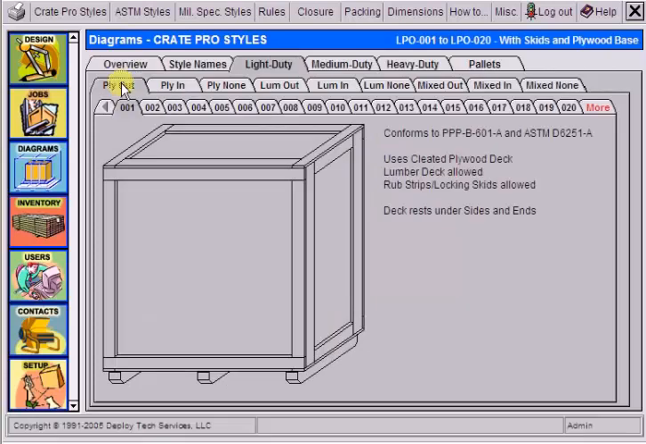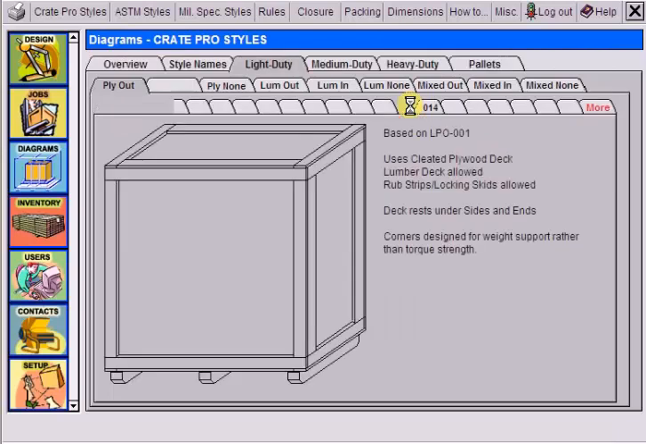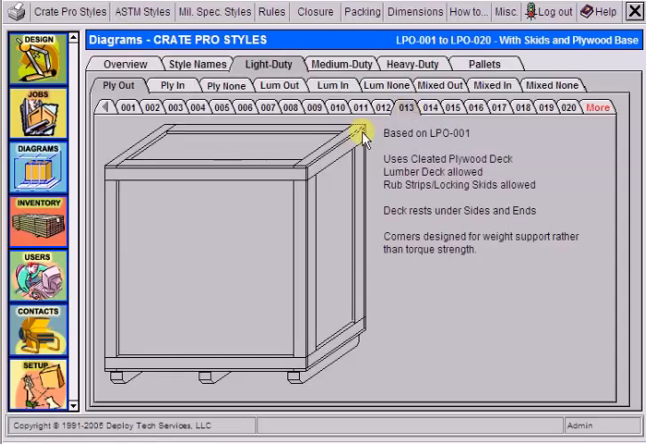So to use that to your advantage, we use those three examples, the LPO001, the LPO013, and the LPI001, as three distinctive different styles of crates, of which you would probably only design one of them. So when you get Crate Pro, one of the first things that you're going to do is go in and exclude styles of crates. So let's say, for example, that